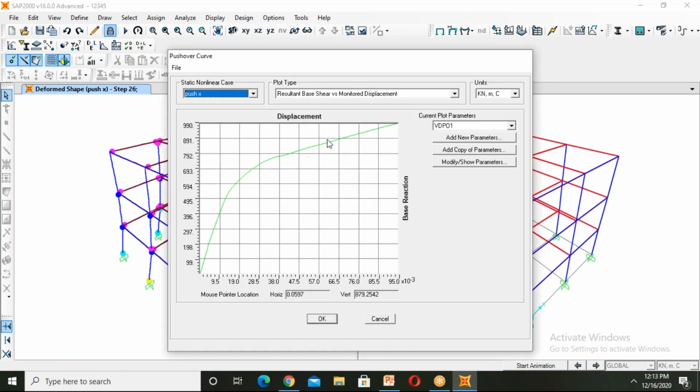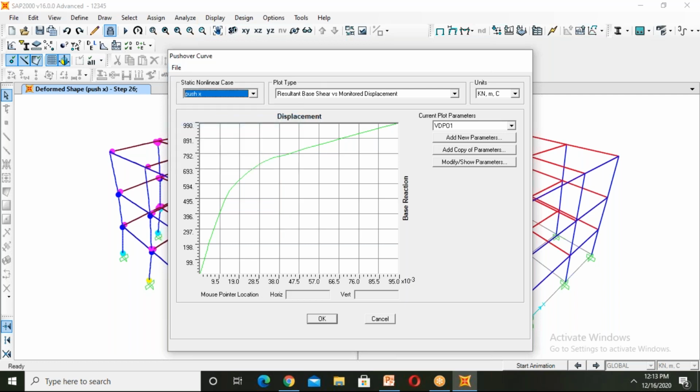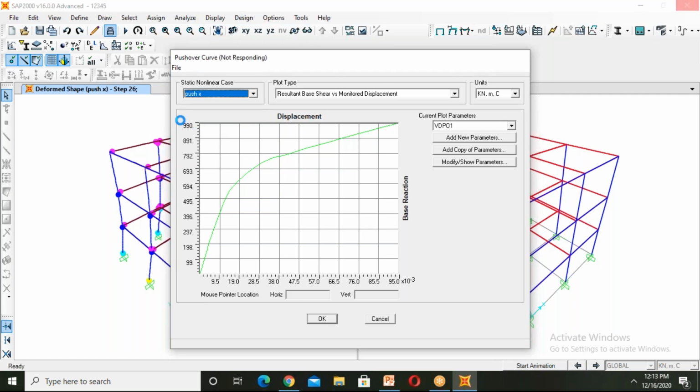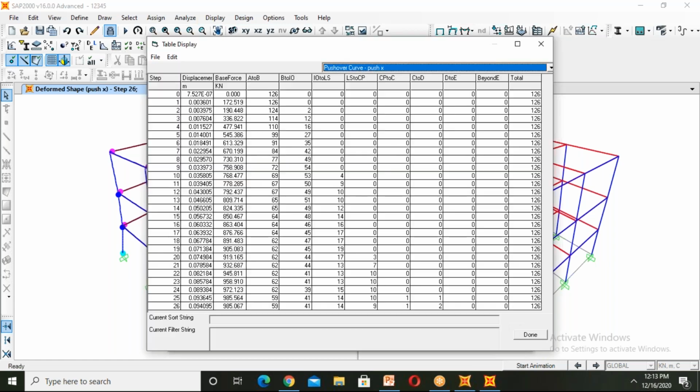This is how our curve has come. For values, we will click on file, then click on display tables. Yes, this is a pushover curve.